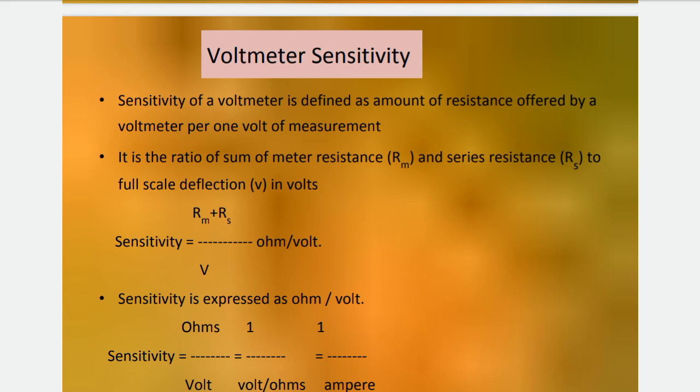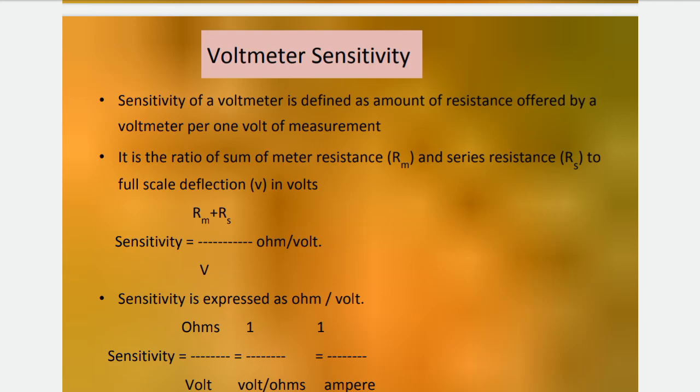the true reading. But if a low sensitivity voltmeter is connected across a high resistance, then it acts as a shunt for that portion of the circuit, thus reducing the equivalent resistance in that portion of the circuit. The meter then indicates a lower reading than the true reading. This effect is called the loading effect of the voltmeter. It is mainly caused by low sensitivity instruments.